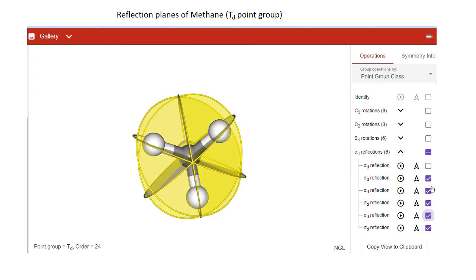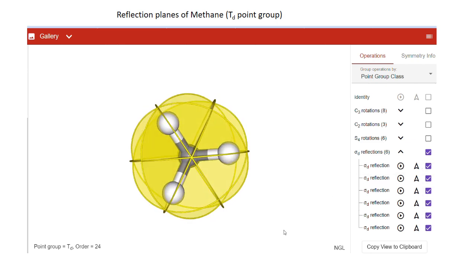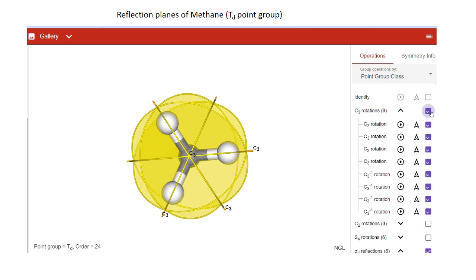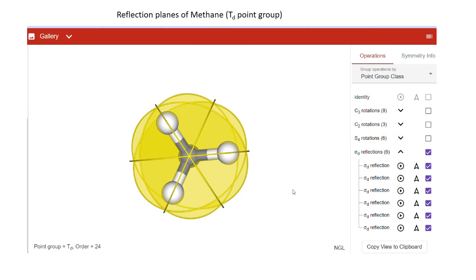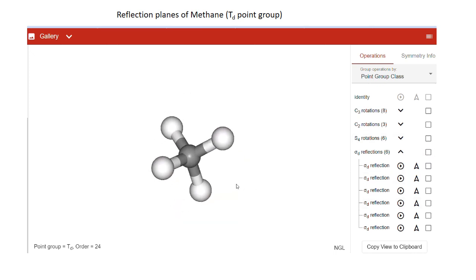Like that, any sigma you take will be aligned parallel with our C3, but it will also bisect the pair of C2s. So this is why it is called the sigma d. And how many sigma d are possible? A total of 6 are possible. That number 6 you can easily find out if you put a label.